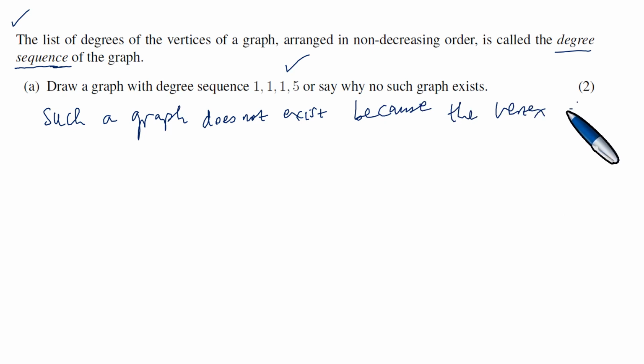This is a very important, interesting example where the graph does not exist. The degree sequence is there, but the graph does not exist. We analyze why somebody cannot draw such a graph here. Such a graph does not exist because the vertex of degree 5